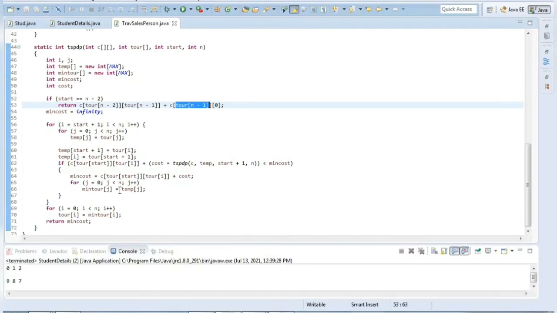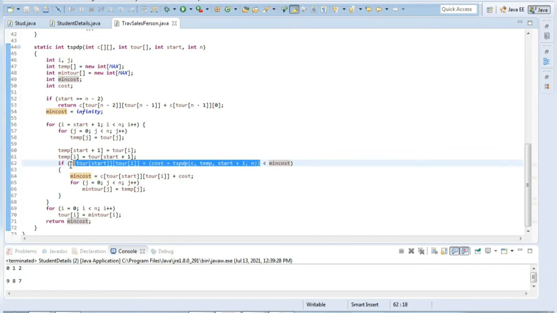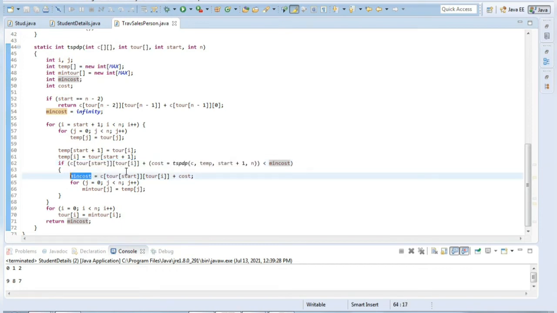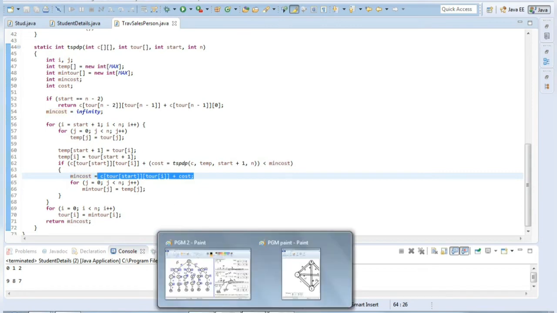Minimum cost is 29. 25 is less, so therefore we'll update the minimum cost here. Okay, minimum cost is lesser than what value we got here. See, this is lesser. 25 is lesser than 29. Initially we had 29, right? This is lesser, so we'll update the minimum cost as this value. Okay, this value is same as this one here. Okay, we got 25. 25 will be updated to minimum cost.